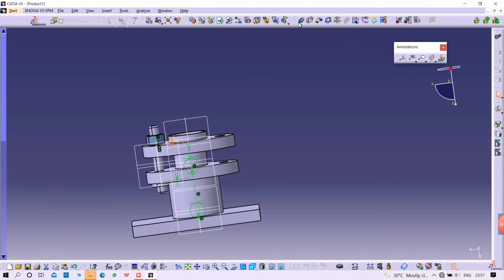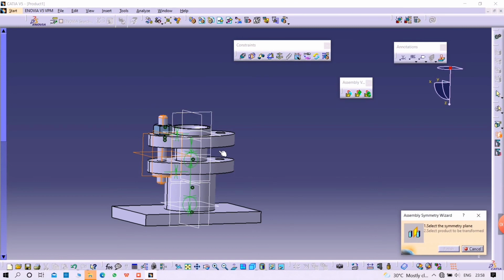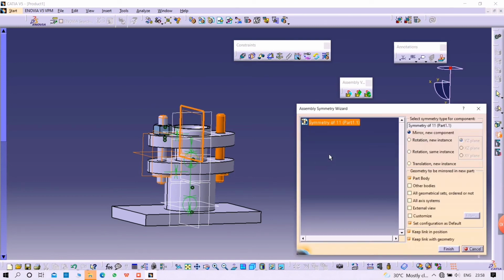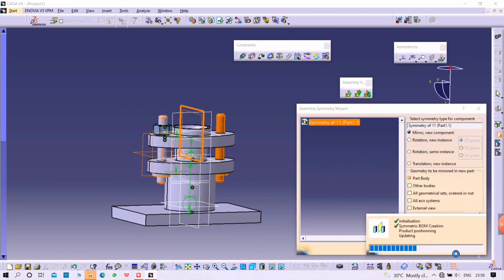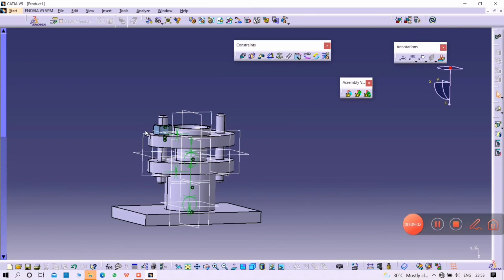Now we have to mirror the stud and nut to the opposite position. Now first selecting the stud, which we have to mirror, now take the mirror option, and now select the axis about which we want to mirror the object, so that the object is mirrored, and close the definition pad. And now we have to select the nut